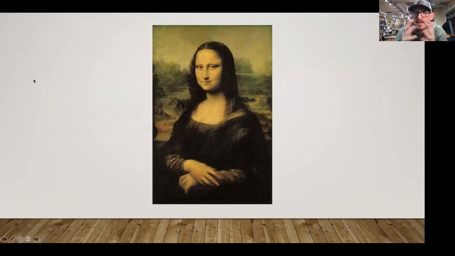We are made aware of her as the primary subject, and some people you might talk to, as one of the most viewed paintings in all of the world, might not know that there's a landscape in the background. Right? We're not even thinking about the landscape in the background. We're so concerned with her.